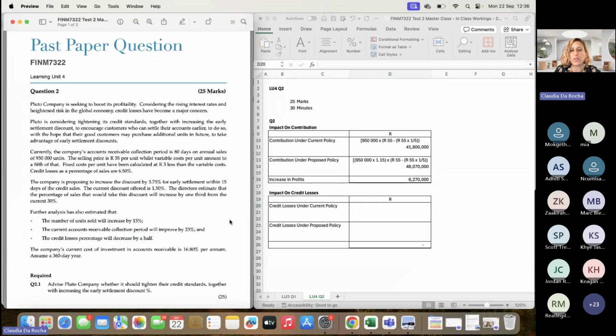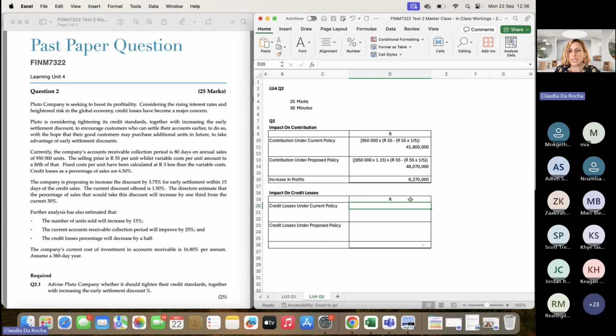So we're going to take our units and multiply by the 55, because remember, credit losses is bad debts. Bad debts is based on your full debtors amount. Your full debtors amount is the number of units times your sales. So we're going to say it's 950 times the 55, and then times